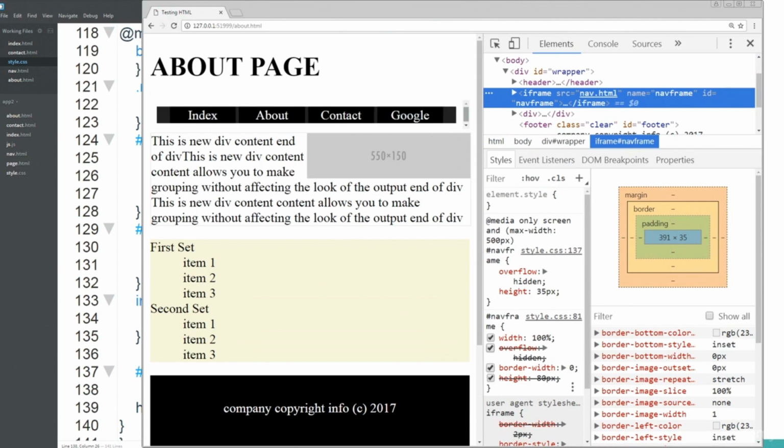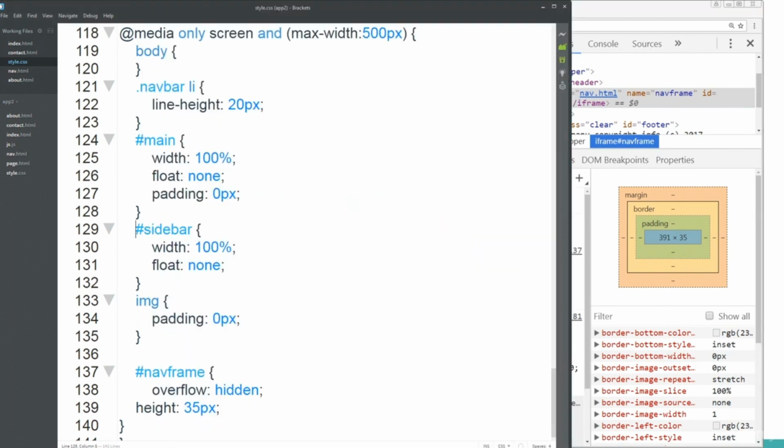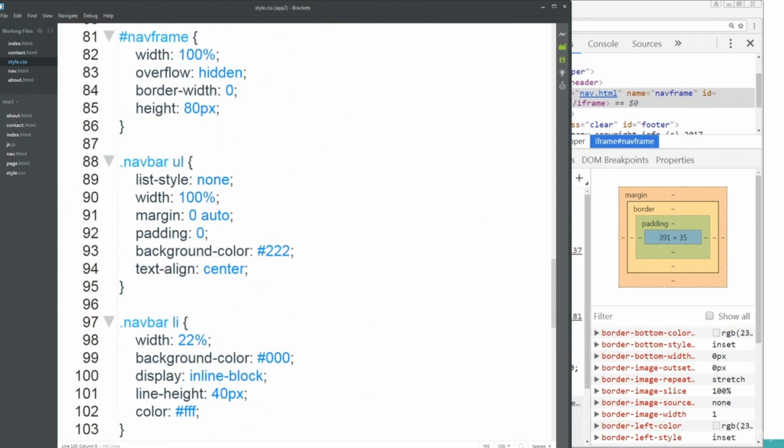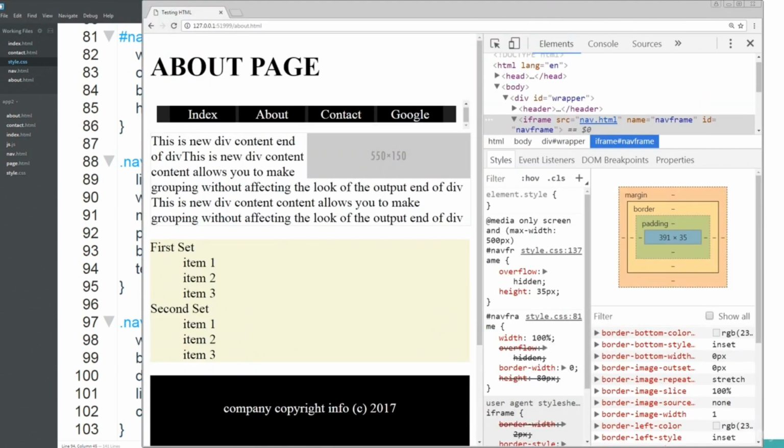So we've got overflow hidden, so that's being overwritten by another element. So let's take a look at the nav bar. And maybe we need overflow hidden in here as well. So that will take care of some of that